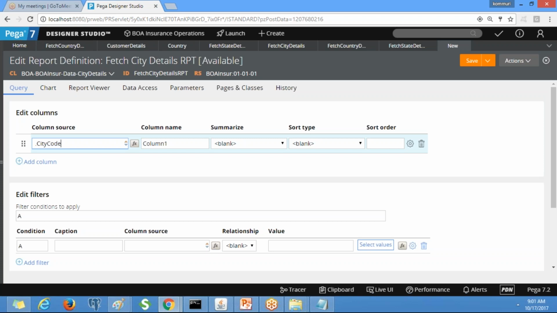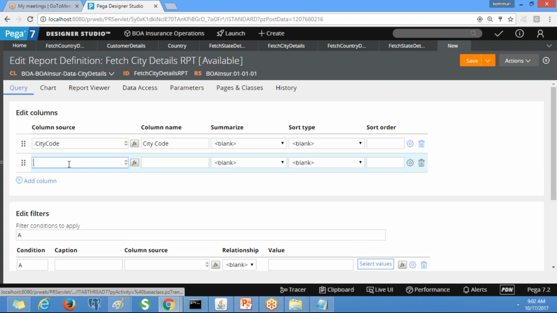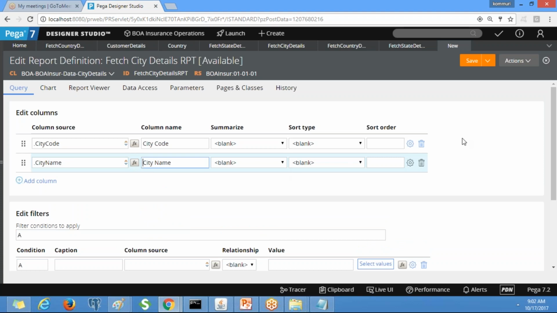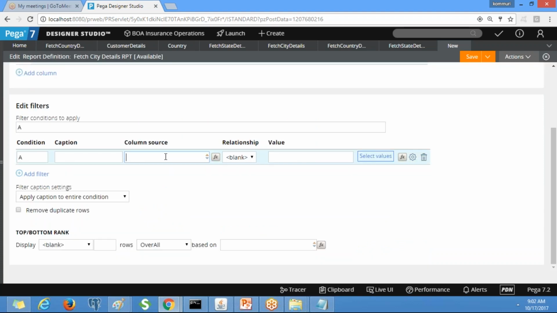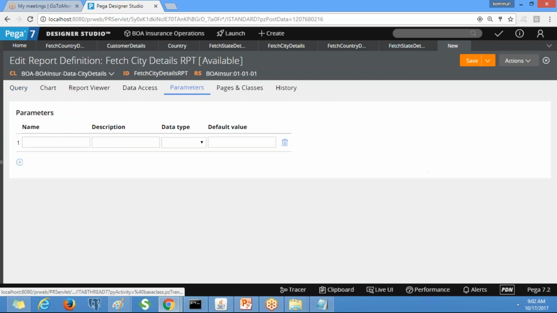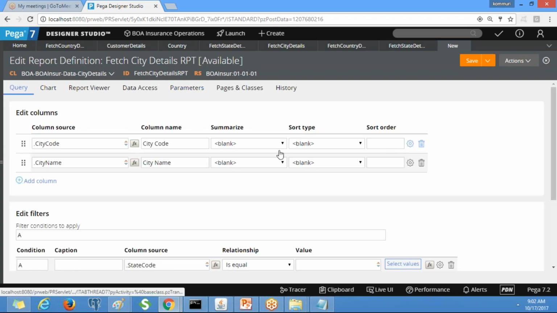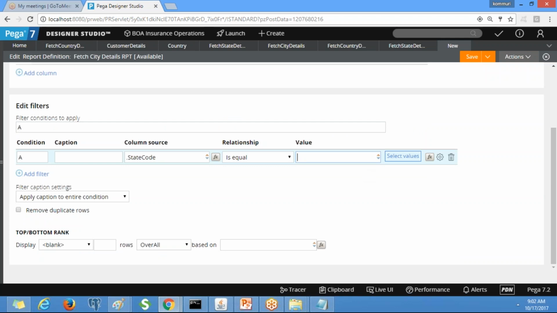City code, city name. Here, state code is equal to, so we need to define the parameter, param dot state code, data type is text. In the query tab, we need to select param dot state code.